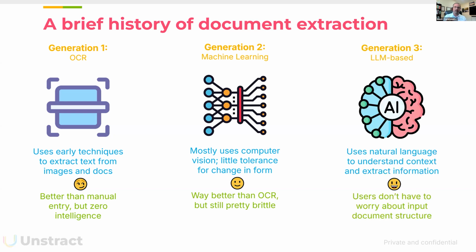But what we are talking about, particularly with Unstract, is LLM-based, right? And there are quite a few vendors in this space that are also doing this, but Unstract is very uniquely positioned, and I'll tell you why. They use natural language to actually understand the context and extract the information. And you will see in the demo that it's very innate, particularly for a case like Gen AI and LLMs. It makes it super easy for these kinds of tools to understand what document it is, what kind of field we are talking about, how to extract it, and then put it in any format you want as well. That's how the ease of use works, which means the users don't have to worry about what the input document structure needs to look like.